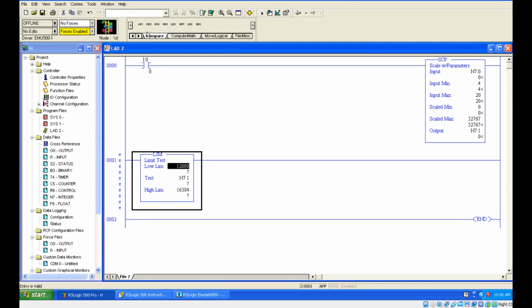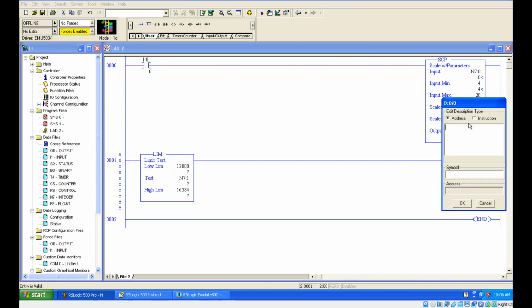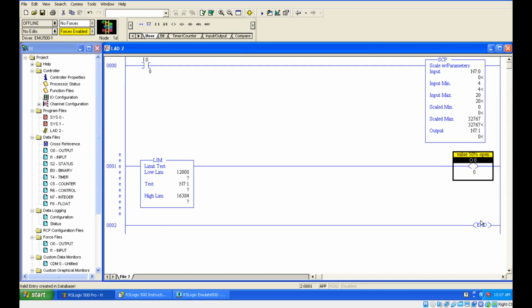When this is the case, you are turning on some output, and this output is the valve 50% open, like that you are giving. Okay. So you are giving some indication.